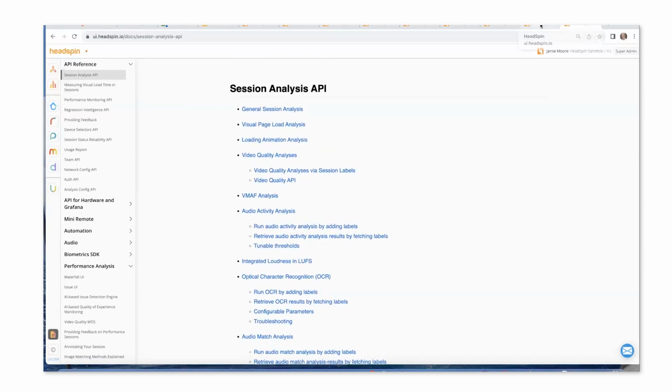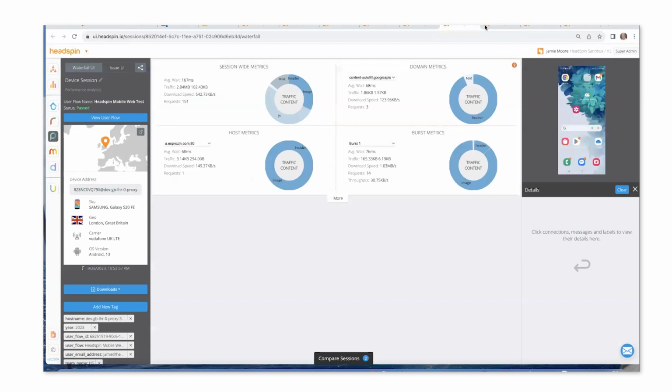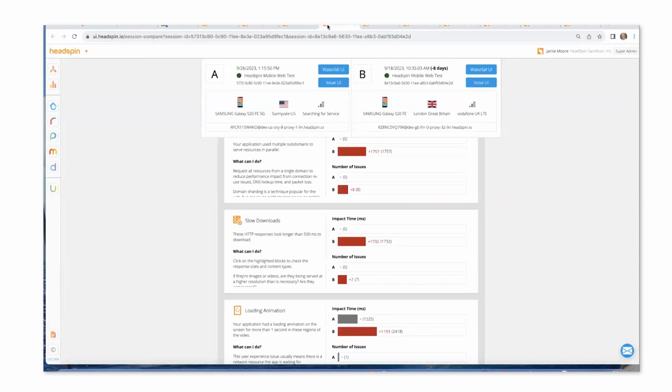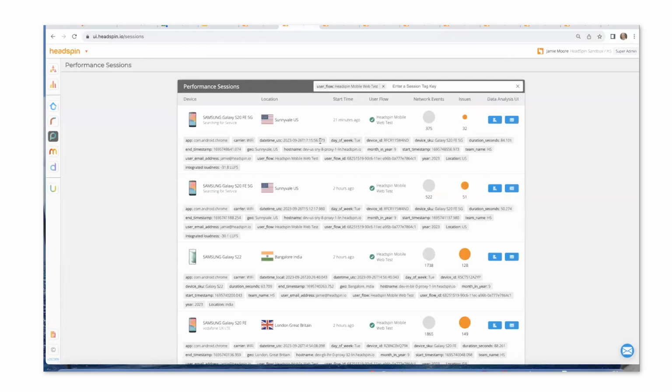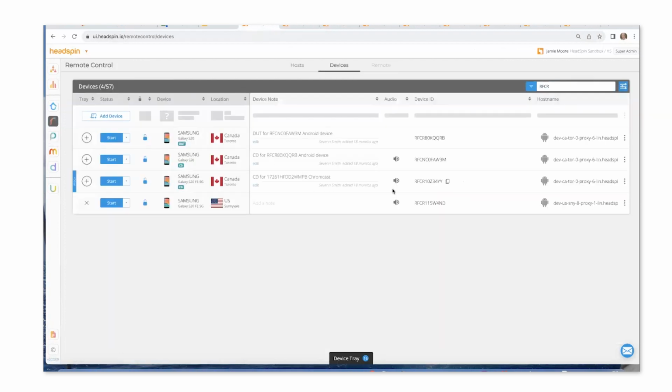So just wrapping it up. All the information is here in the dashboard, allowing you to look across user flows. You can get more specific, however you want to represent that in your view. Look at all your sessions within your user flow, group them together, analyze them, and compare them one to the other. The user flows are all listed here, and you can look at the individual sessions,